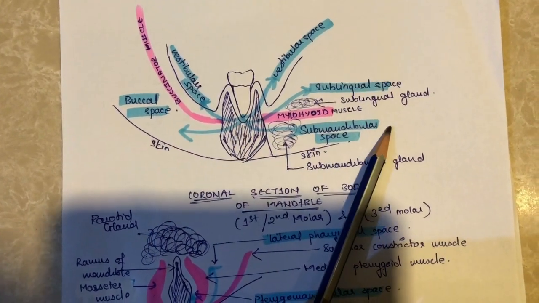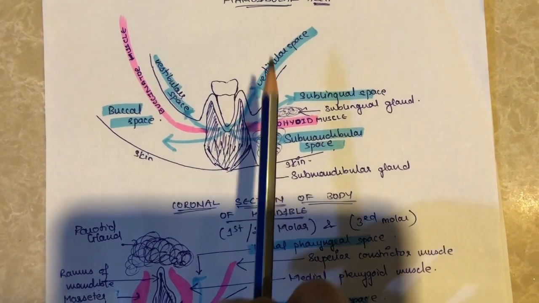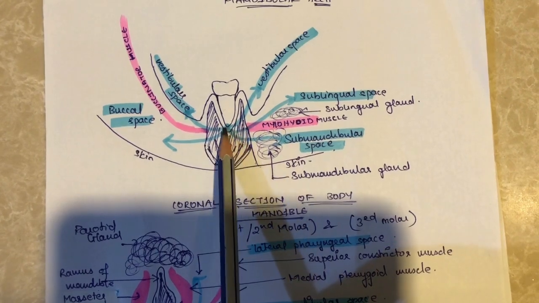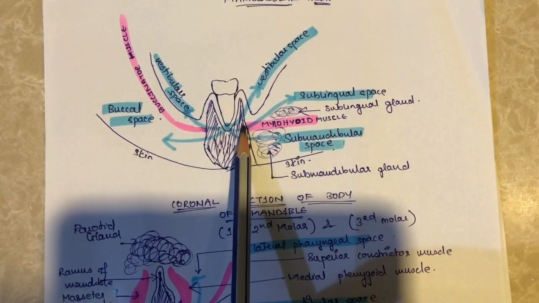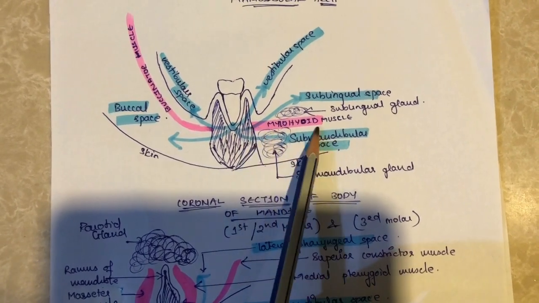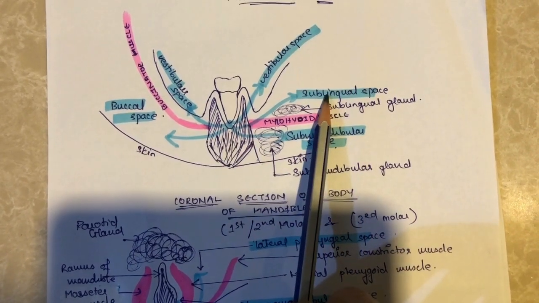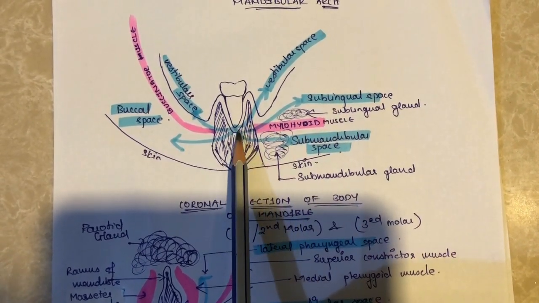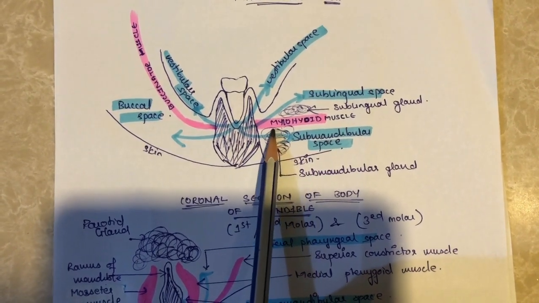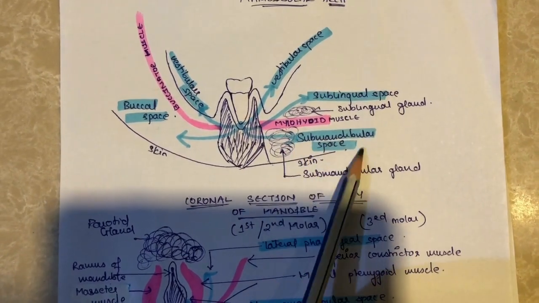On the lingual aspect, if we go to see, this infection may spread into the vestibular space, that is first. Then second is if it pierces through the lingual cortical plate above the attachment of the mylohyoid muscle, it may spread into the sublingual space. If it pierces through the basal bone and the lingual cortical plate below the attachment of the mylohyoid muscle, it may spread into the submandibular space.